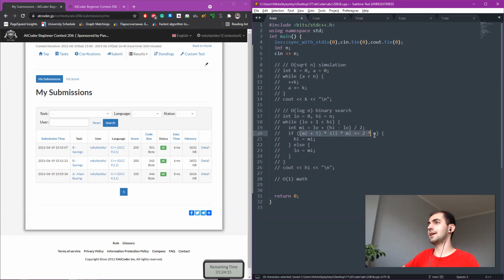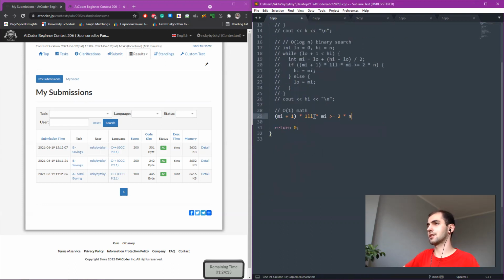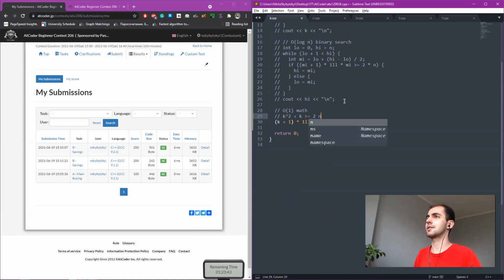And you may actually see it here, like you're looking for the smallest k for which this inequality holds, right? How do you find it? Well, there must be a math formula, right? Because what you actually have is k squared plus k is at least 2n, right? And once you have it, you can think like, okay, when it actually equals n,